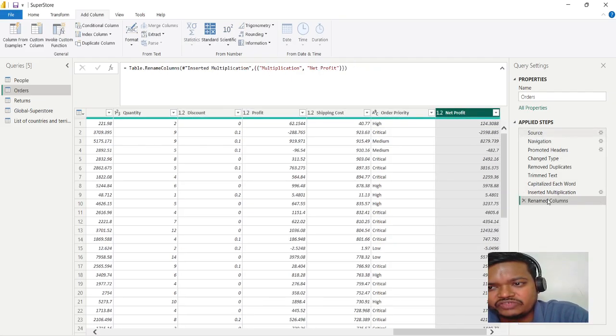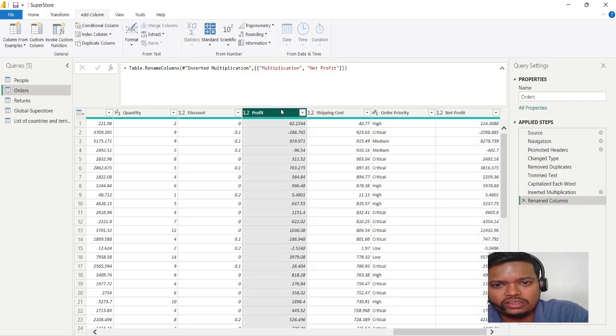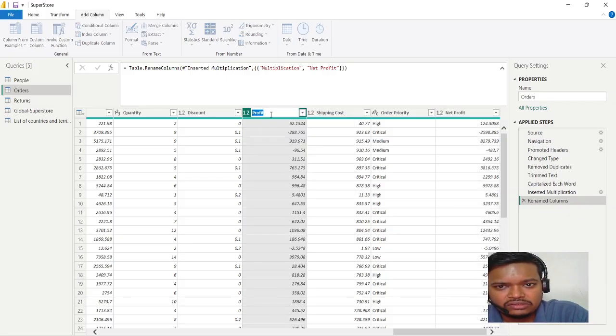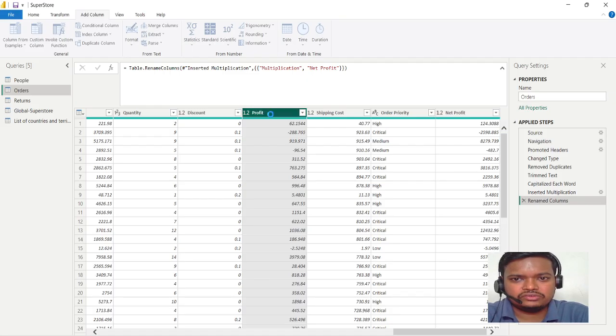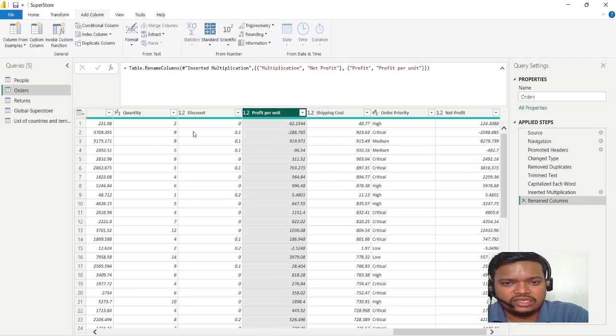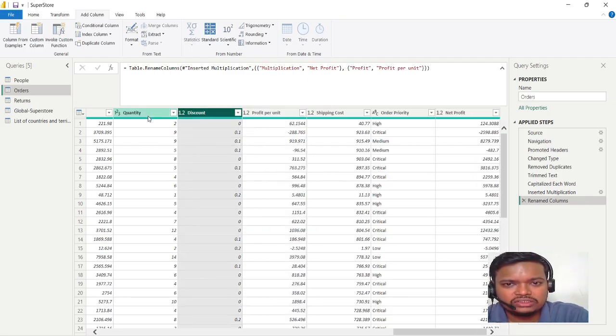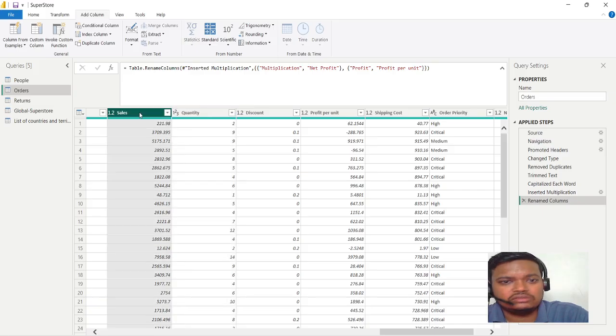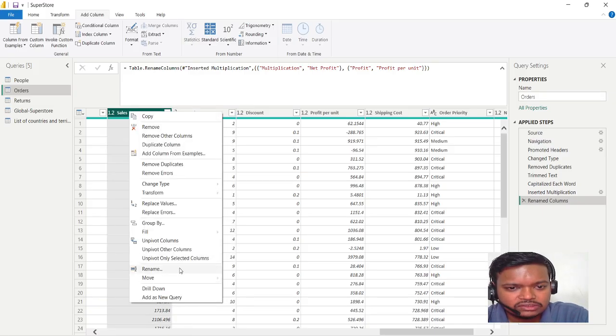All the steps which we are doing will be automatically applied, and under the profit we can rename it, instead of profit, as profit per unit, so that we can understand it easily. So this is the discount, this is the quantity, this is the shipping cost, this is the total, and this is the per unit sale. So here also we should do it like this, sales